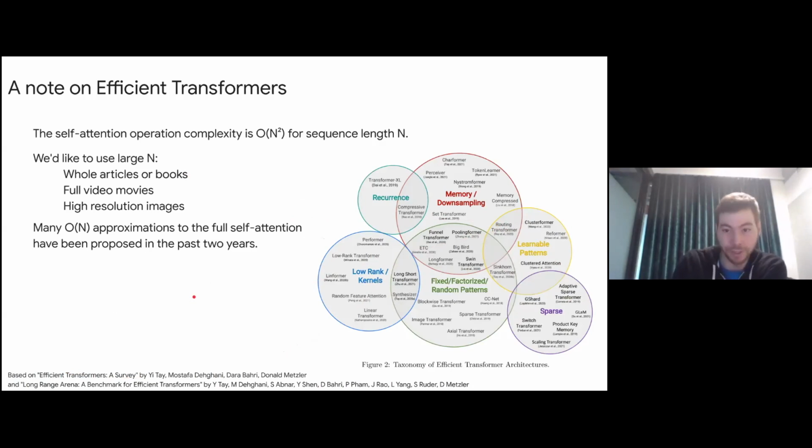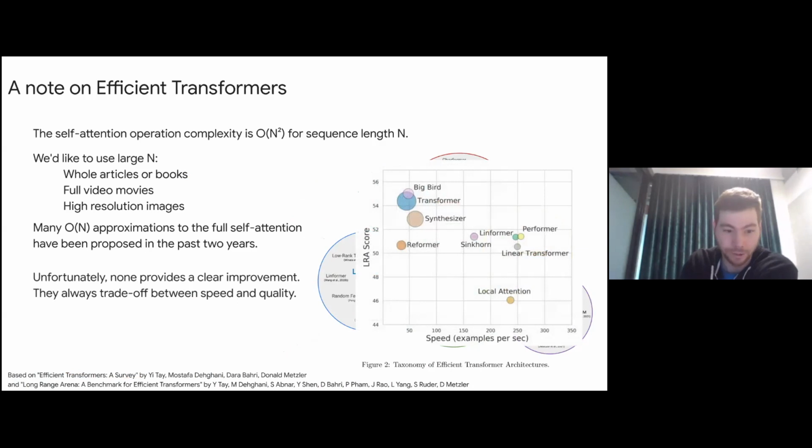And then in the next paper, they actually benchmark all of these and create the Long Range Arena benchmark, specifically to measure how good a model is at long range or long sequences. And the results, or a subset of the results, is actually this. The x-axis is the speed, the y-axis is the score on this Long Range Arena. And what I want you to take away from this is the original transformer is slow, but is the best, modulo BigBird. And any variant that seems to be much faster pays the price by being slightly worse. There is no silver bullet.